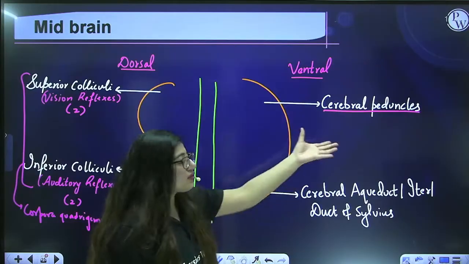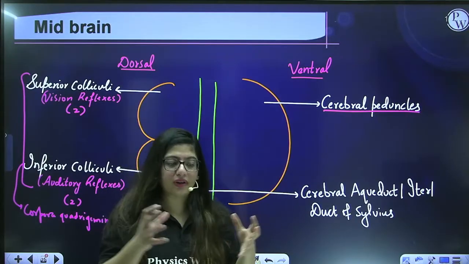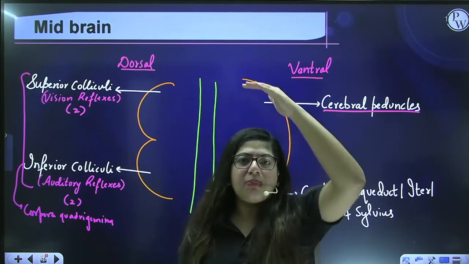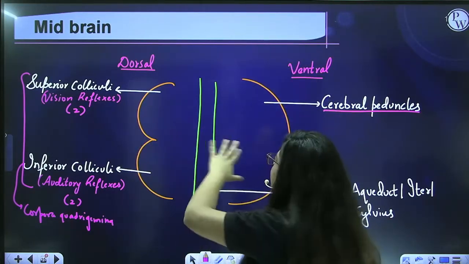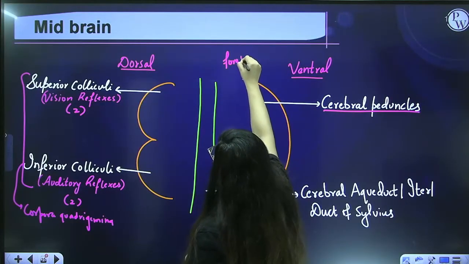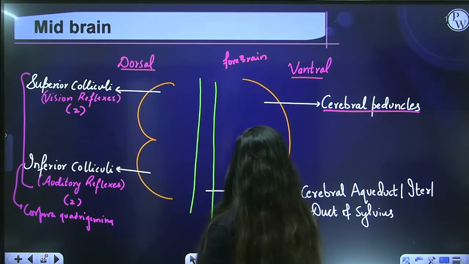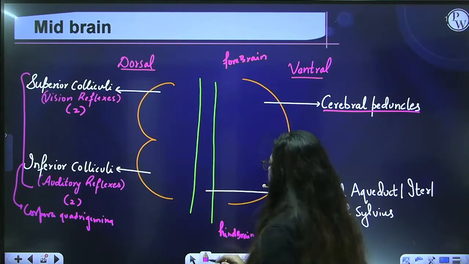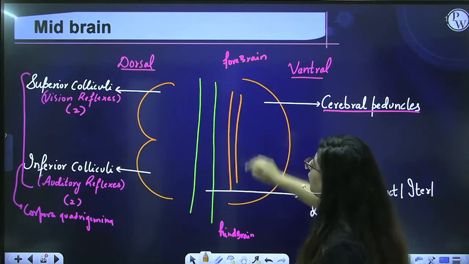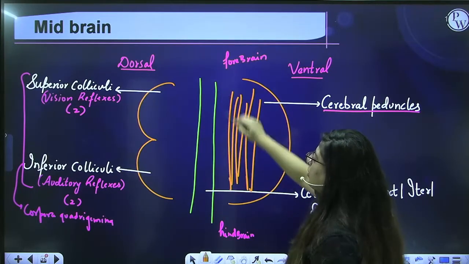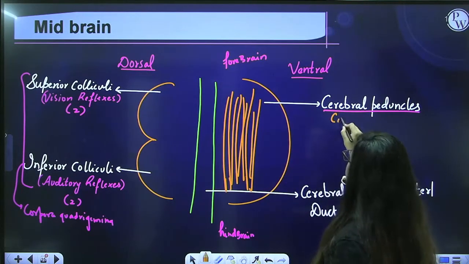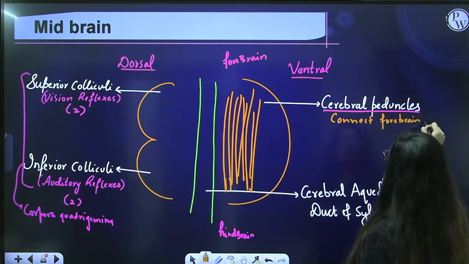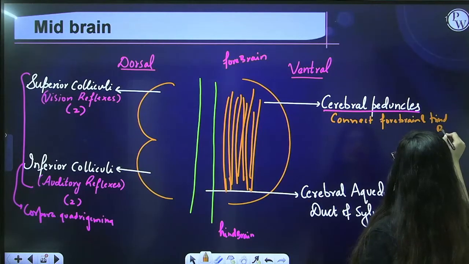The function of cerebral peduncles is, it's a group of neuronal fibers, and these nerve fibers are attached to the upper part of the brain, that's the forebrain. For example, this is forebrain, and here is present the hindbrain. So in a way, we can say the midbrain is connecting forebrain with the hindbrain, because cerebral peduncles have a lot of nerve fibers. So cerebral peduncles connect forebrain and hindbrain. Okay, now